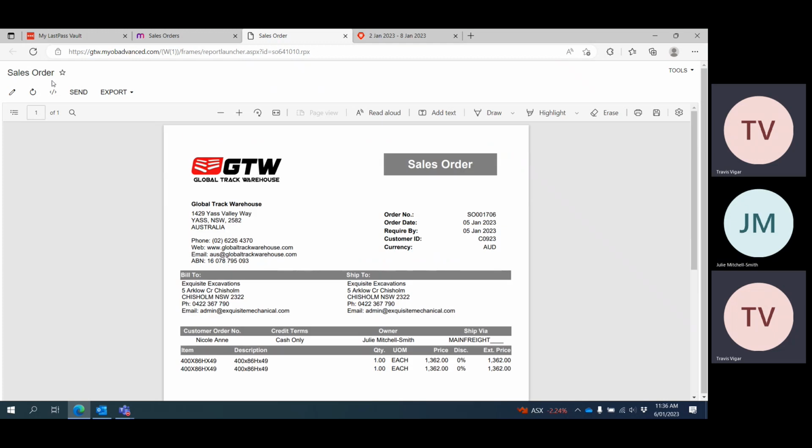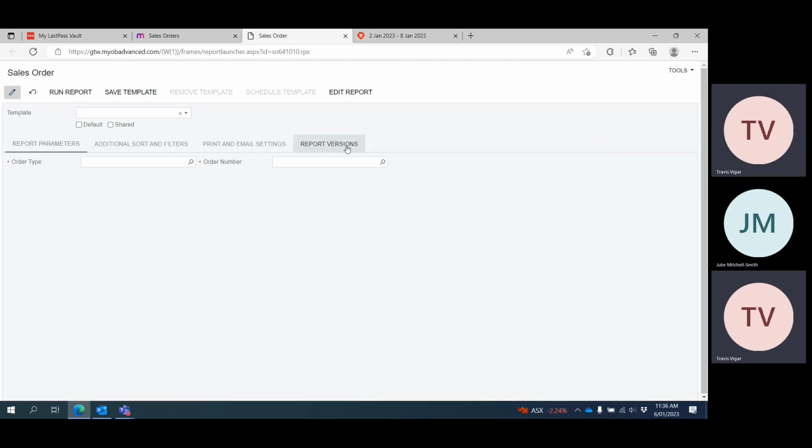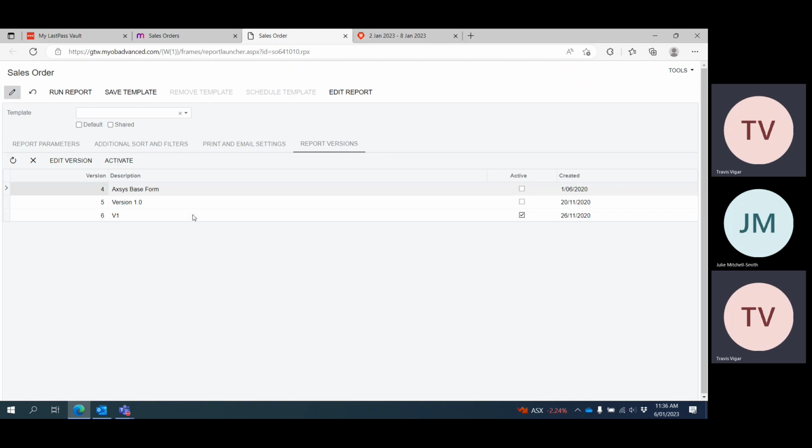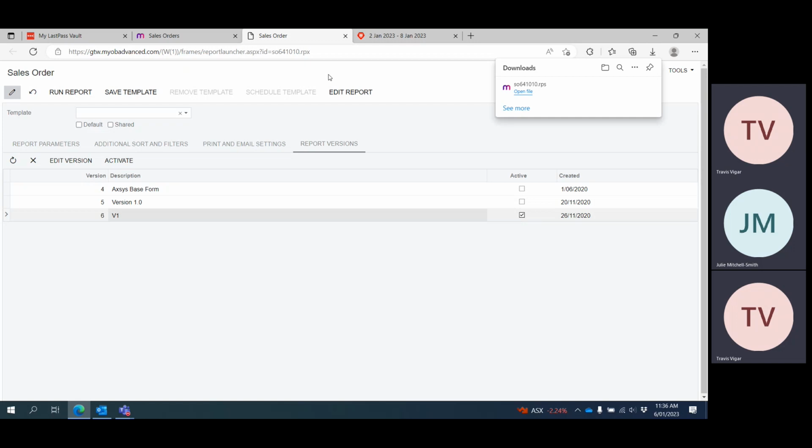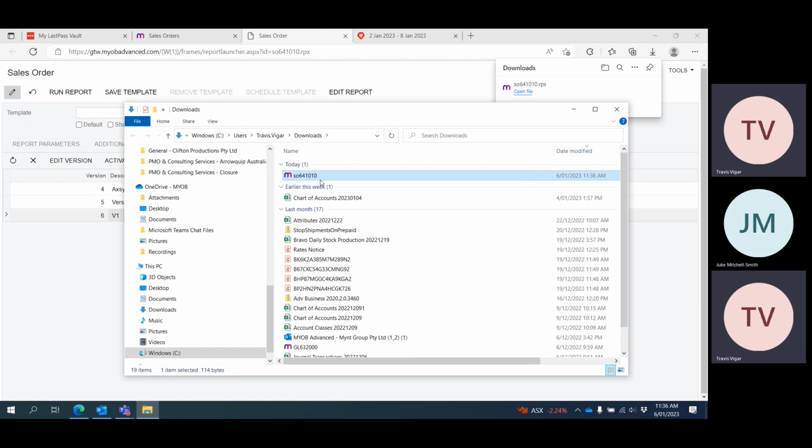Yep. So if you click this button here, you can then go to report versions and you'll see there's been a couple of versions. This one here is the latest one. And if you go edit version, it downloads a little file called SO, that's the report name, to your downloads folder. So if you then open that up,